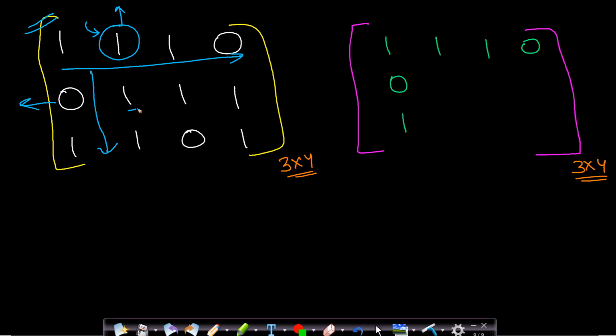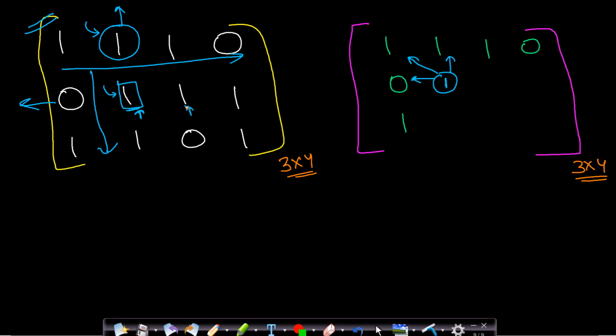Only when we are inside do we have elements to the top and left, and therefore we can extend the size of the square beyond 1. So whenever we see a 1, we will have to process it. Therefore, as I have already explained, in order to fill a particular cell, we will see the minimum of these 3 values and add 1 to it. So the minimum of these 3 values is 0, adding 1 to it equals 1. Therefore, there is only one square submatrix ending at this cell, which is this square matrix itself.